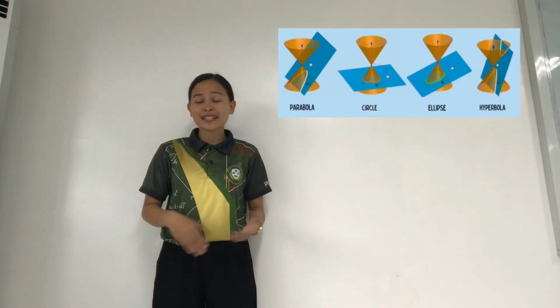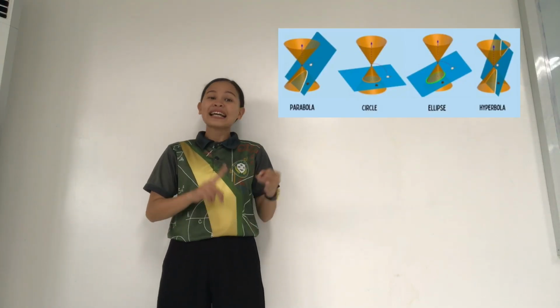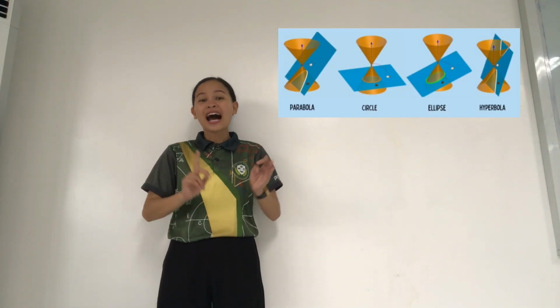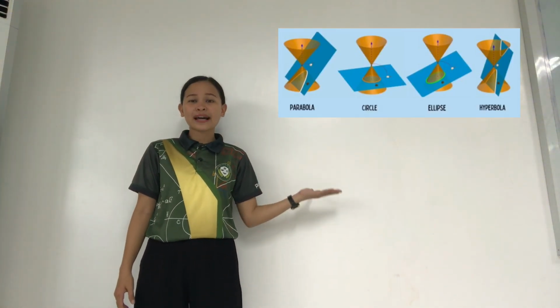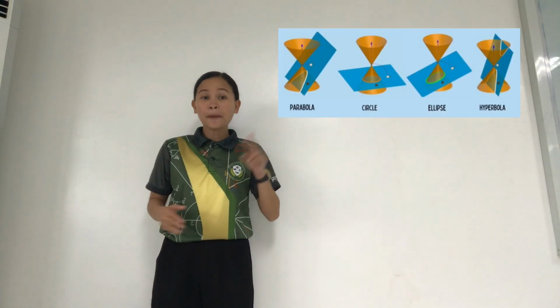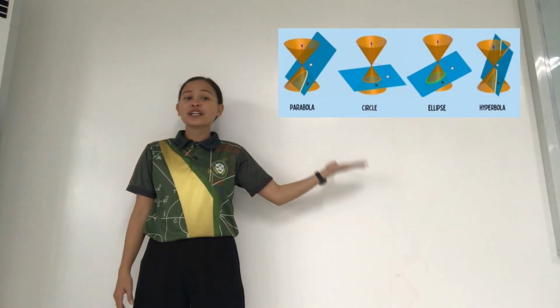A conic section is a curve so named because it is obtained by intersecting a plane with a right circular cone and has two nappes. In figure A, it shows that when a plane cuts the cone, the resulting intersection is a circle, ellipse, parabola, or hyperbola. So take a look. This is how it looks if we cut the two nappes. So in figure A, these are the non-degenerate conic sections.